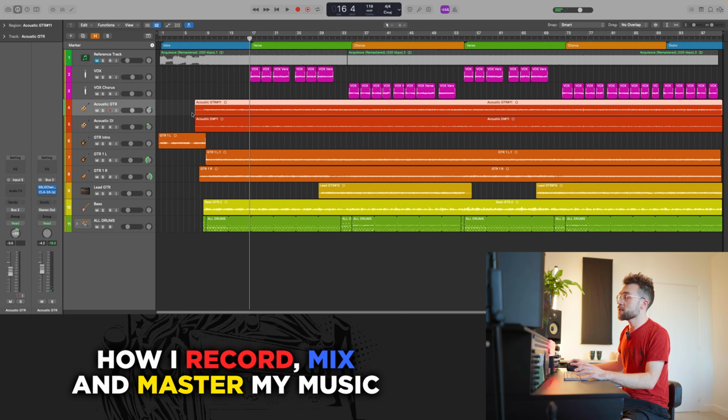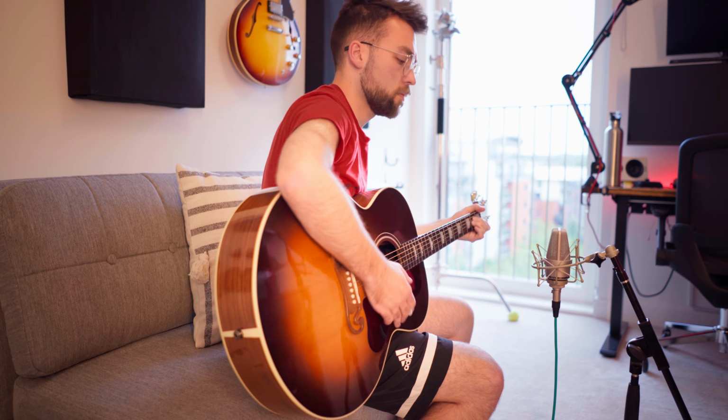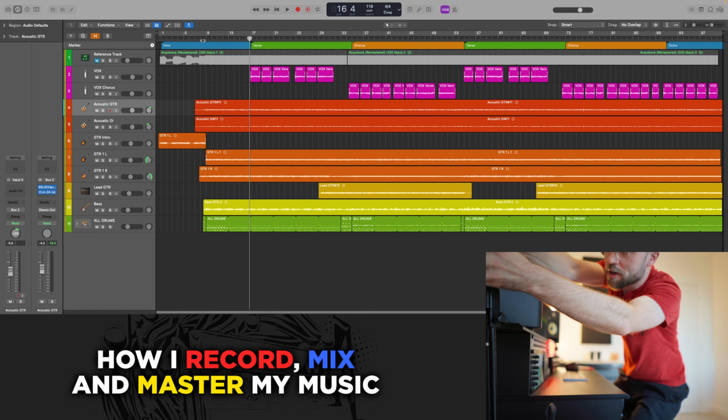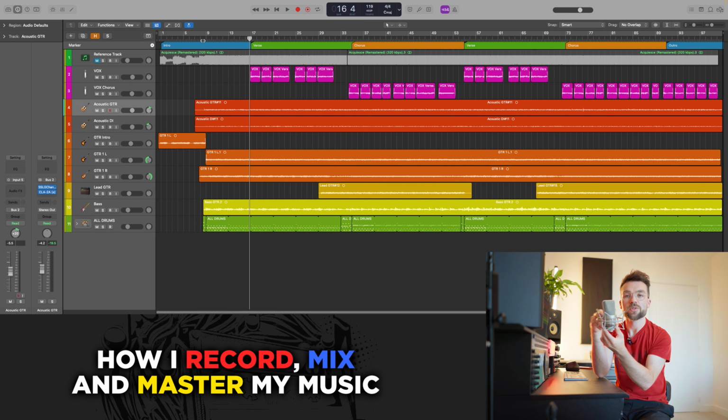And then I will also at the same time record using the microphone. So I put this somewhere around the 12th fret. This was recorded on my Neumann TLM 103, which is this microphone here, if I can actually get it off the stand. I record most of my vocals and acoustic guitar stuff with this microphone, just because it's the nicest